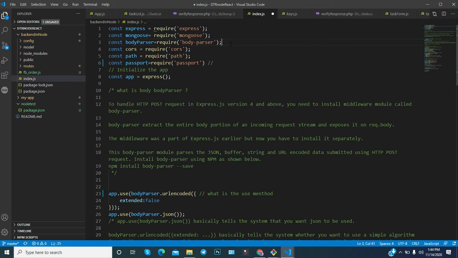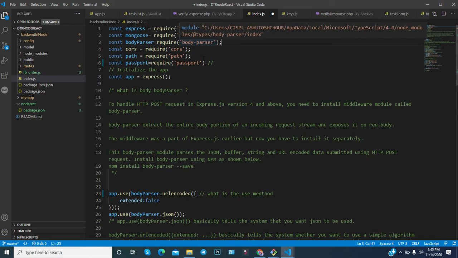So how will Node.js collect it? For collecting the post data, you have to write a lot of code in Node.js. So for that we will use the body parser.